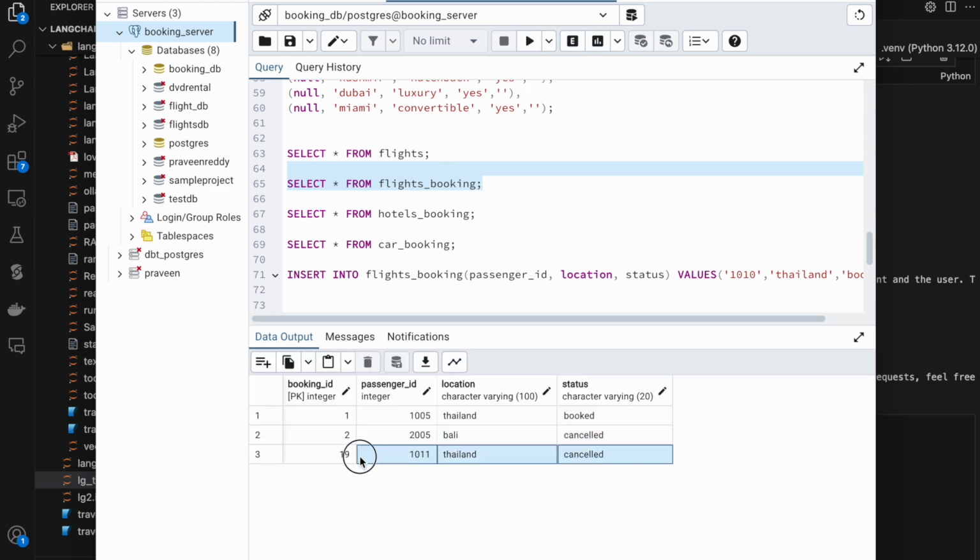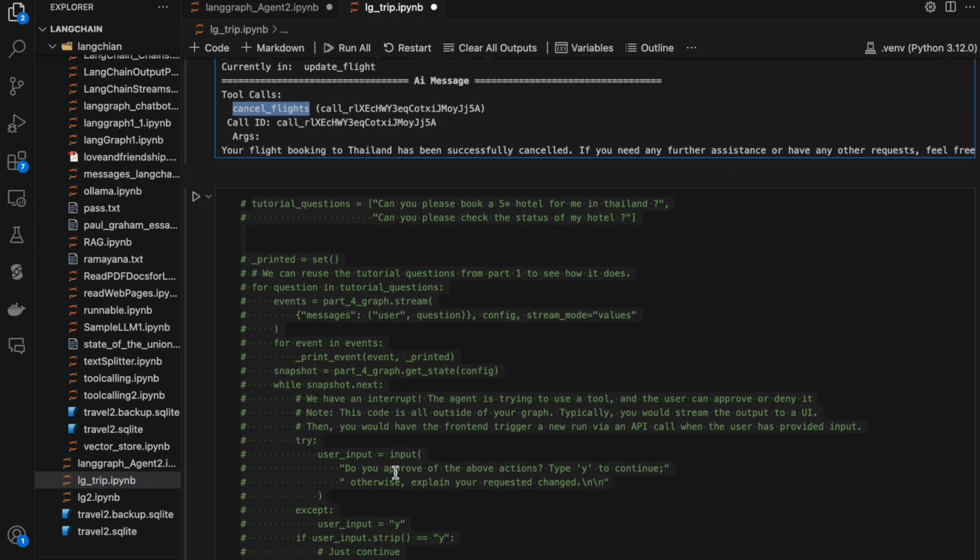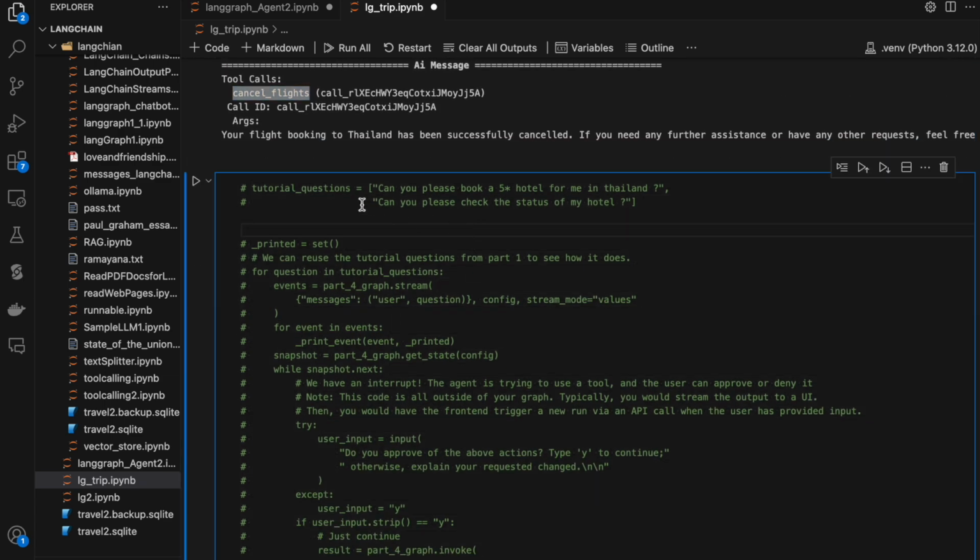And the same thing is done for the car booking as well. First, let's just check the hotel alone. If you see, can you please book a 5-star hotel for me in Thailand? Can you please check the status of my hotel? So when I run it,